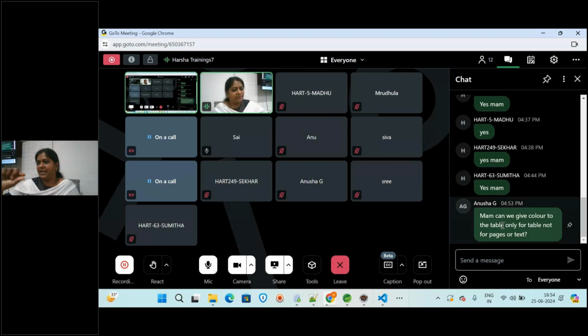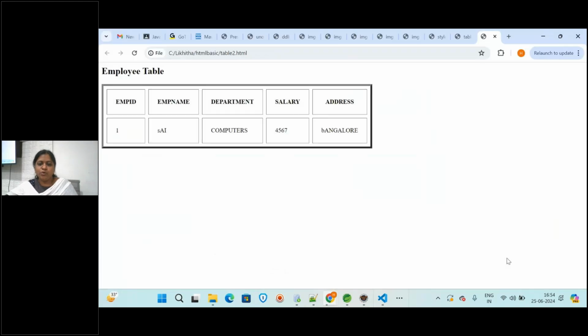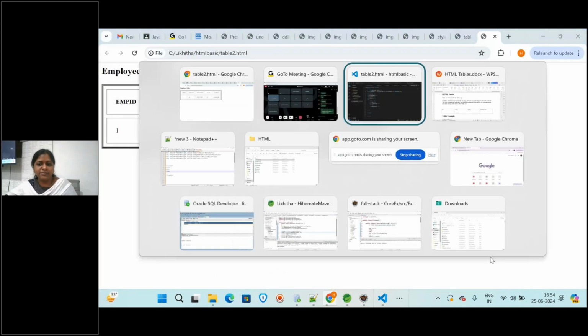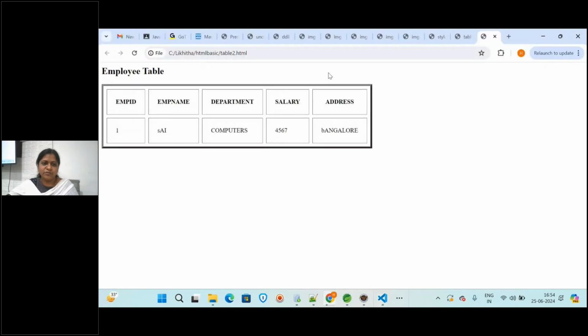In the table, for each and every cell also you can give a different color. Not only a single color for the complete table. Like if there are 10 columns or 10 rows, for each and every cell you can provide it. The only thing is you will be providing a color attribute, so that it will change the color of that particular cell. Either you can apply it with the style attribute, or sometimes you can use BG color for the background color of the cell. Like this you can use different attributes.